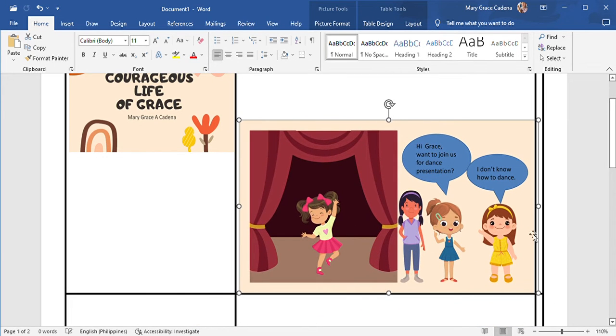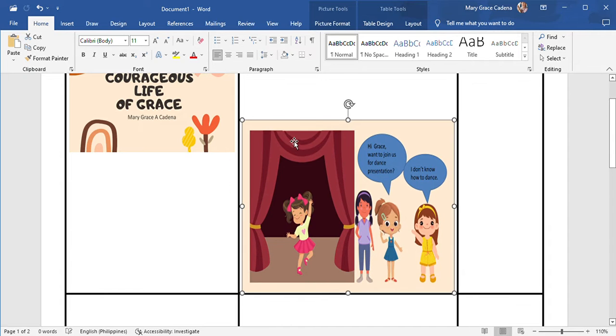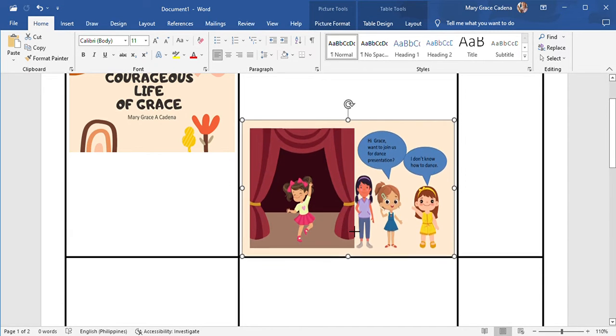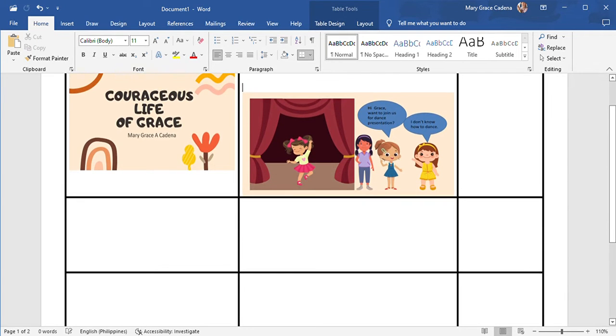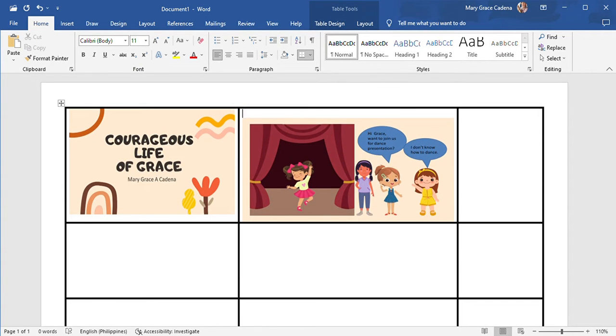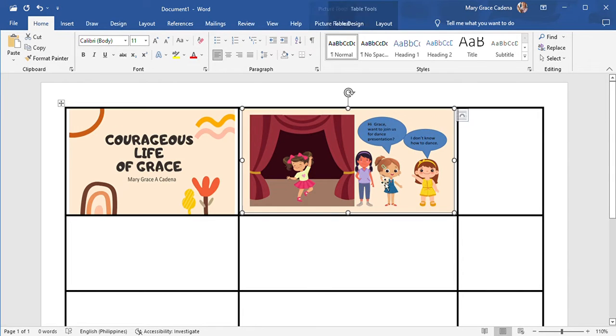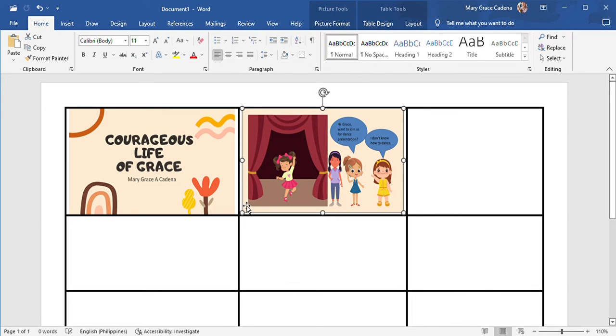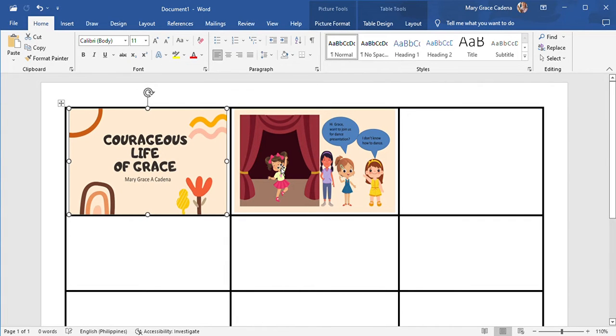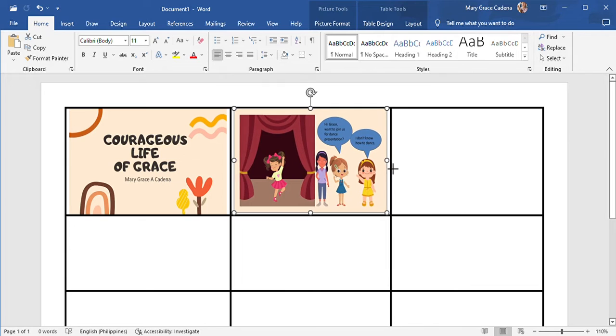Let's just adjust the picture, and continue adjusting it until we see at least the proportion, if they are proportionate to each other.